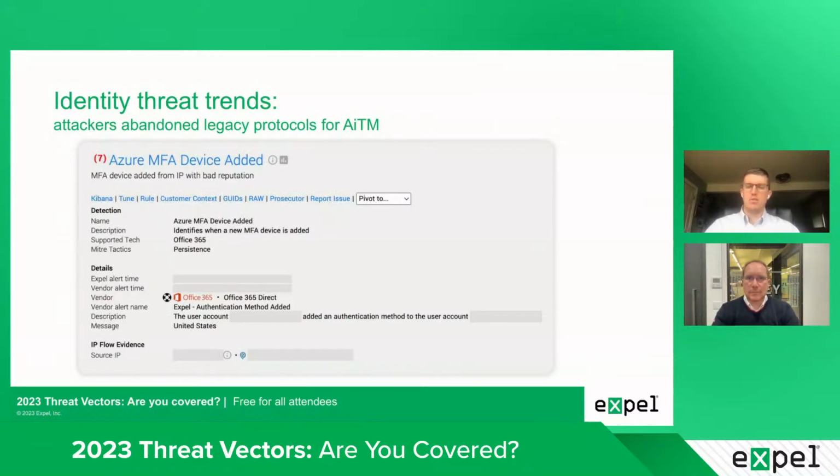So another observable that we noticed whenever we were looking at the trends was using legacy protocols for the purpose of bypassing MFA. So when we're talking about Microsoft 365, for example, IMAP and POP3 protocols were enabled by default, and they don't support MFA. So in that case, we're seeing patterns where organizations had MFA enabled, but if these legacy protocols were still allowed in the environment, MFA was not a silver bullet,